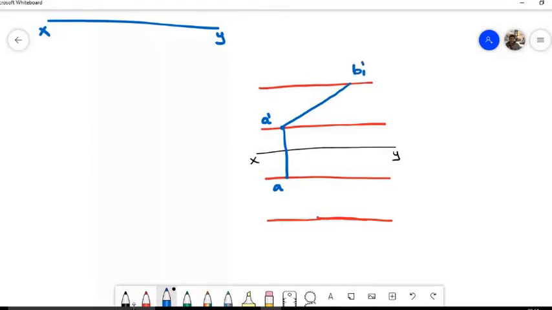So to get the projection, I'll take locus of A dash, locus of B dash, locus of A, locus of B. If I'm starting from B dash, I need to project a locus of A. So something like this, I'll project. Then I will rotate. If I rotate like this, I will get the